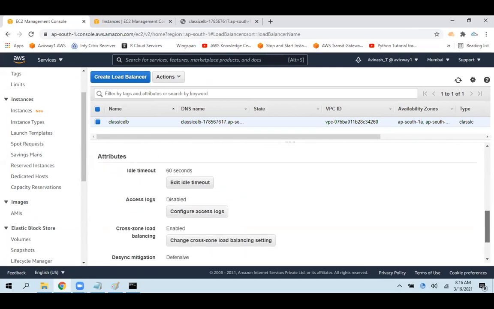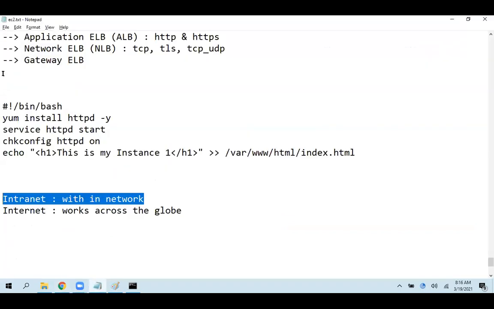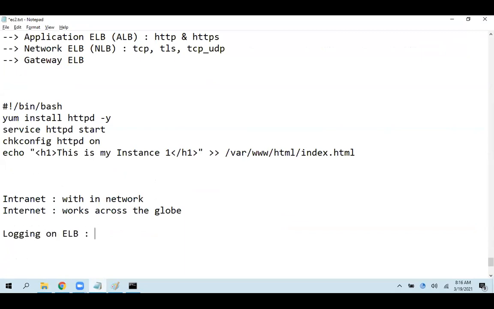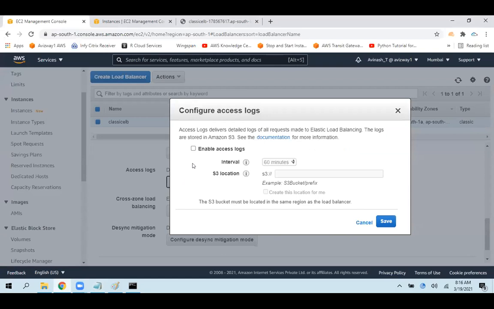Basically we have an option to enable access logs, that is, logging on our load balancer. Access logs is a service where we can enable logging on our elastic load balancing. If you want to enable that, go here, click on configure access logs, then enable access logs. Choose in which S3 bucket you want to store all the logs, and the log aggregation interval. For every 5 minutes, I want to write all the logs to